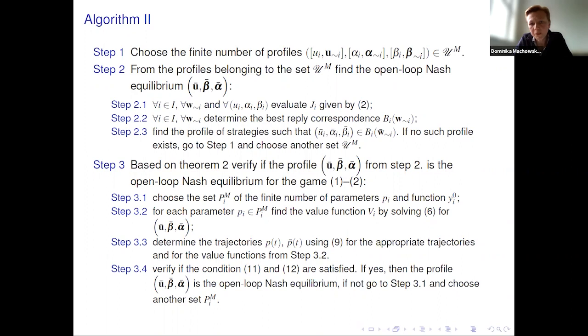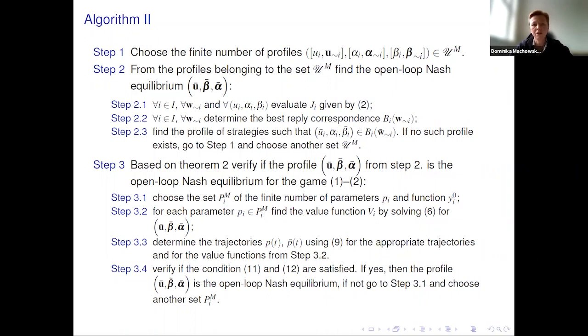And for each parameter PI, we find the value function VI by solving 6. So this is the difficult part. And if we find the value functions, based on the relationship between the primary trajectory and the dual trajectory, we define the P. We were able to find the trajectory P over T, and P bar depends on T,